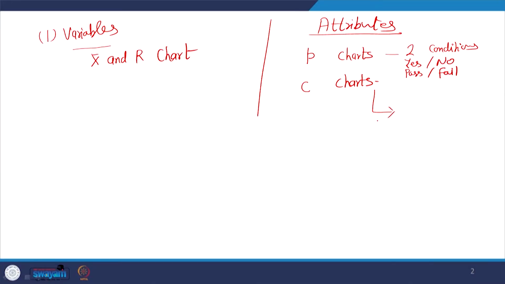So, when this type of system is there, with a range of defects but the product is still okay, we go with C charts: how many defects per product, per unit, there are on average, with a maximum limit and a lower limit. If the number of defects per piece increases beyond the UCL, then we stop the process.